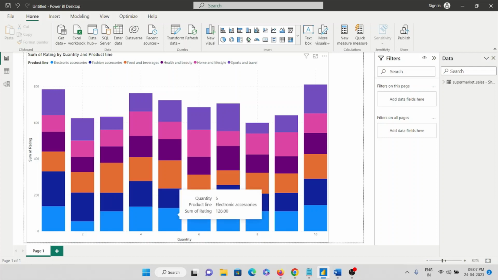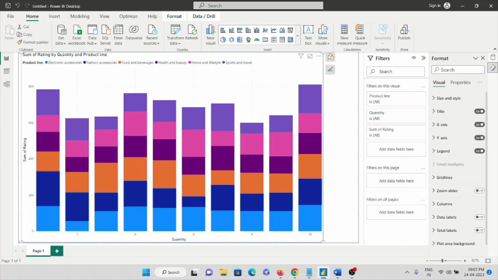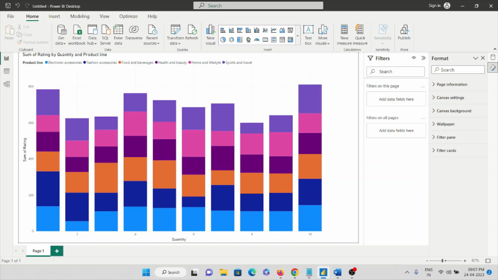and we have already seen how to change the font size. You can change the font style also. Okay, and one speciality of stacked column chart is, here you can see so many different types of product line, that is electronic accessories, fashion accessories, food and beverages, health and beauty, home and lifestyle, sports and travel. Suppose if you want to see only one parameter, suppose only home and lifestyle, you can just